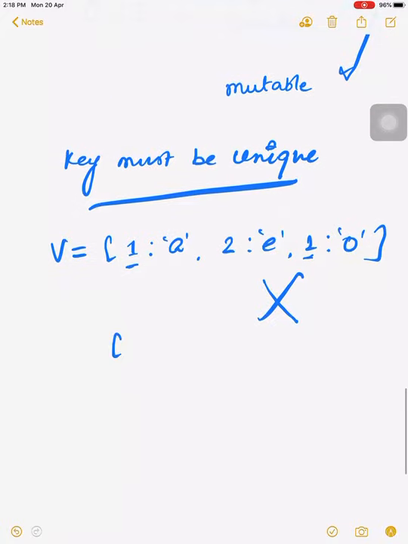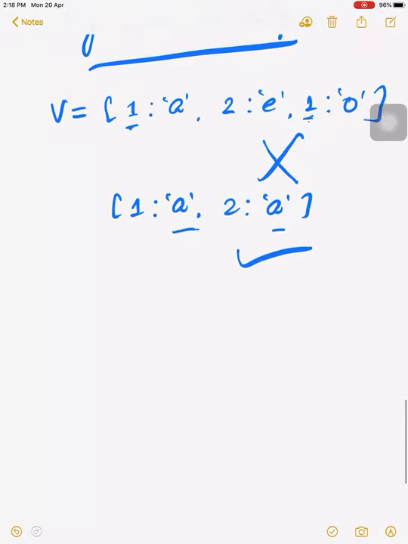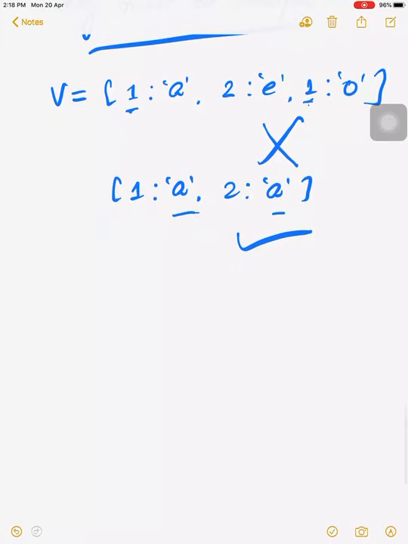Okay, that means two keys cannot be the same. But the value which we store in the key can be the same. For example, 1 is A, 2 is again A. It is possible. The values may or may not be the same, but the key cannot be the same. So key should always be unique.